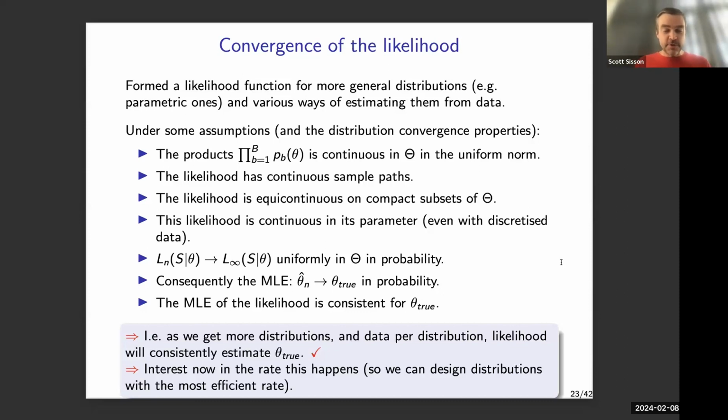And so we build up to the results that we're looking for. The likelihood that we've been looking at with finite data does converge to something as the data goes to infinity. It does so uniformly in probability. And this thing it converges to is effectively a point mass on the true value. So the MLE, as n goes to infinity, is going to converge to the true parameter, which is fantastic because we didn't know that before, and we were whistling in the wind and hoping that we were doing good enough. And so we basically have consistency of the likelihood.